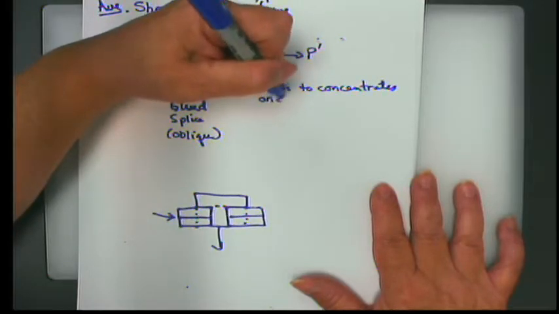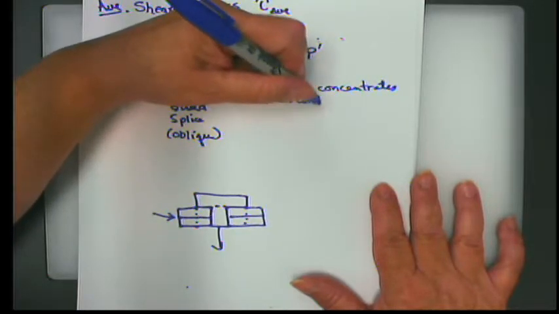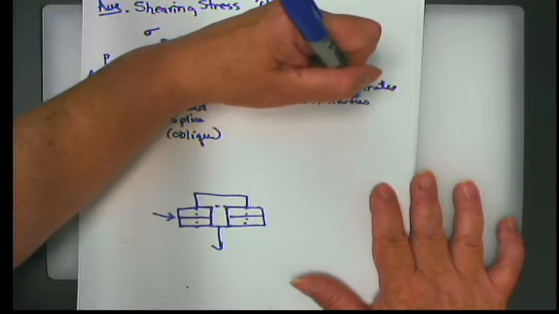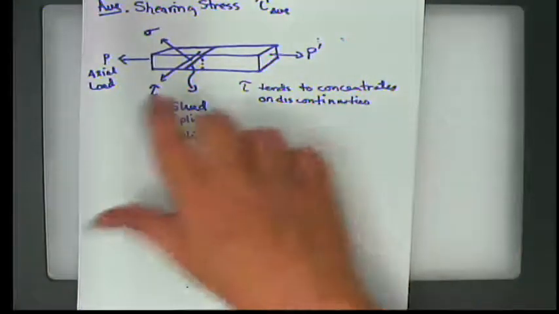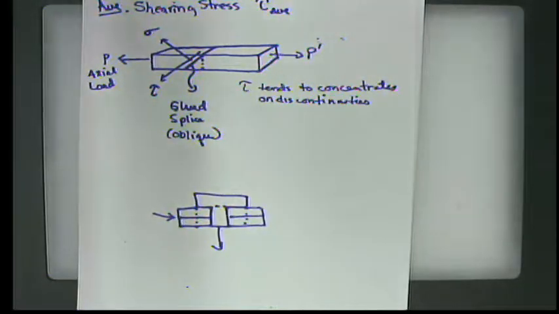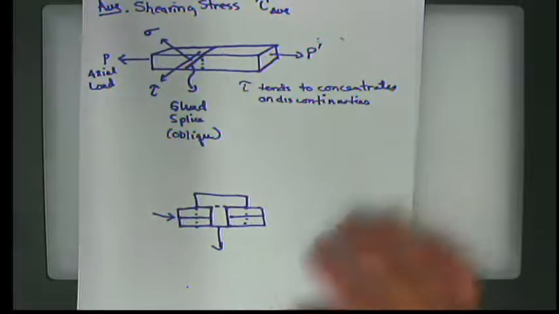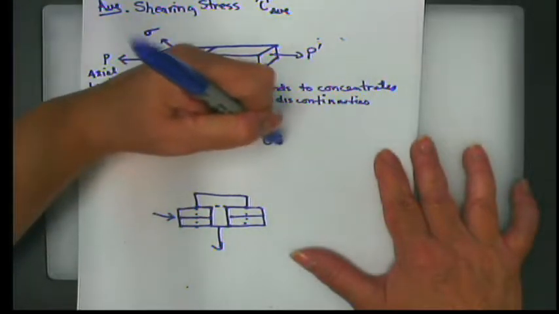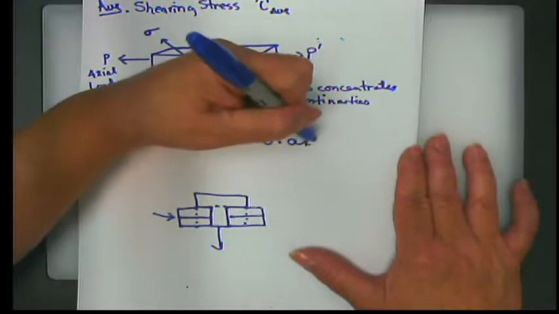So this is the whole idea: if you have a weak spot, that's where it's going to fail. Anytime that you have something that is unusual or weaker, that's where it's going to fail. The other thing is that sigma tends to be an axial phenomenon,